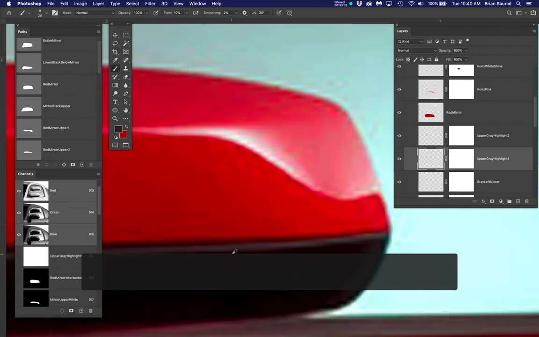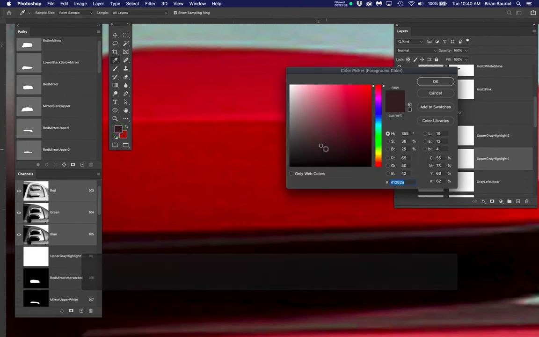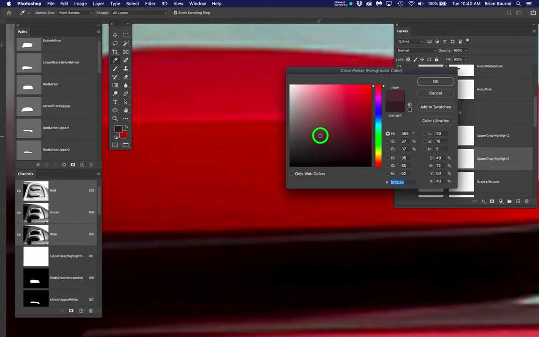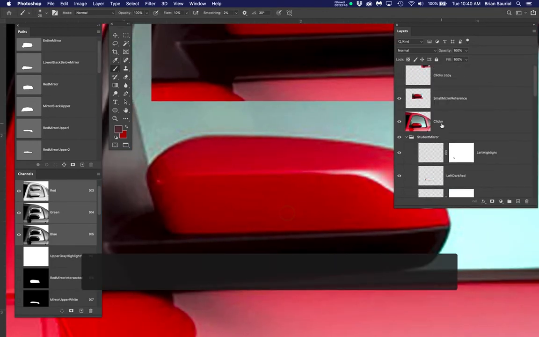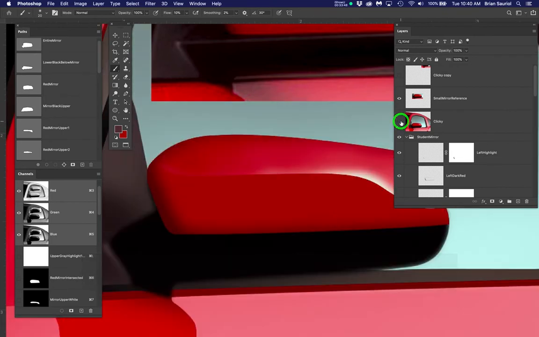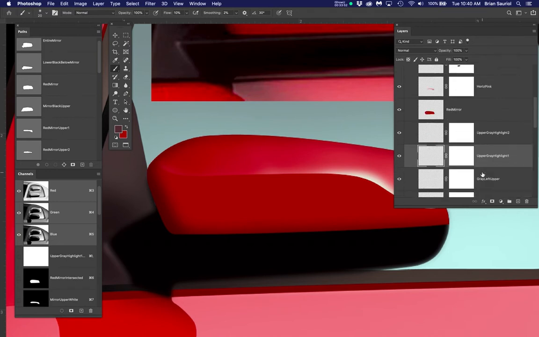All right, so this is what I want you to see. I am going to click the foreground color and brighten that up a little bit. Just a little bit, not a lot, just a little. Okay, now I'm turning off the clicky copy and I'm making a big point here. Am I on the right layer? Answer yes. Am I on the image part of the layer? Yes. So all I have to do is take my paintbrush,